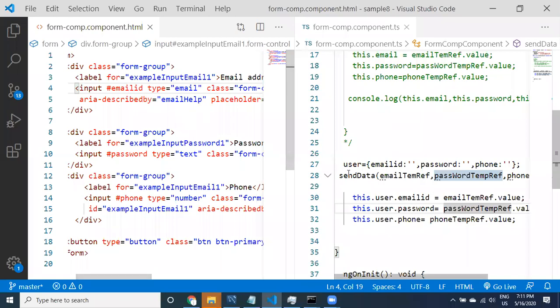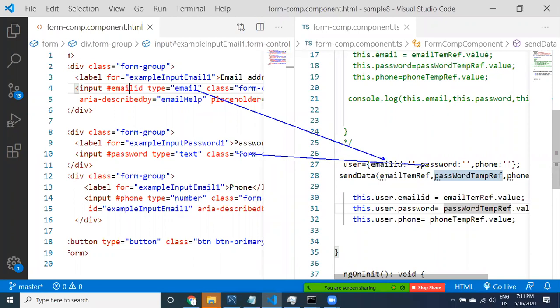In this JSON data, the email ID data is going to be set. Now for the password, this data is going to come. For the phone number, the phone data is going to come to this JSON. All right guys, this is the code that I have written.